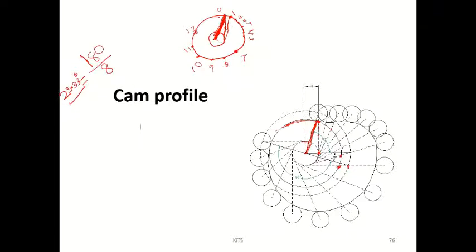Similarly, keep one end of the scale on point 2. Another end should touch this circle. That's all. It should not get inside. Just touch the circle. From fourth point, like this. Fifth point, like this. Sixth, like this. Seventh, like this. Eighth, like this. Do you understand? Should touch the inner circle, not get inside the circle.